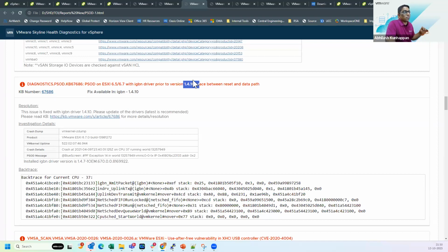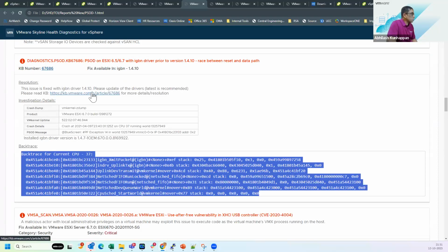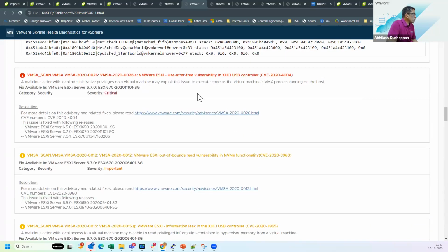Now the Advisor is only proactively telling you that this could hit a PSOR, right? But SSD is debugging the logs and then telling you that this is a PSOR and here is your fix for the KB, right? So that's the major difference between these two as well. So having said that, moving up,